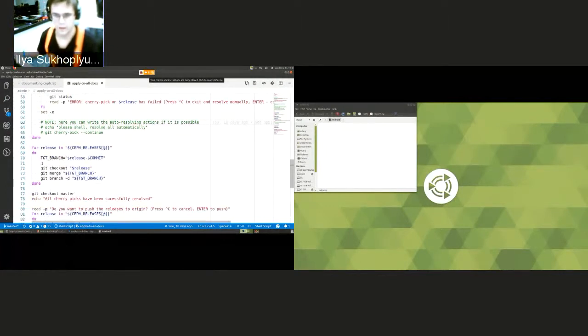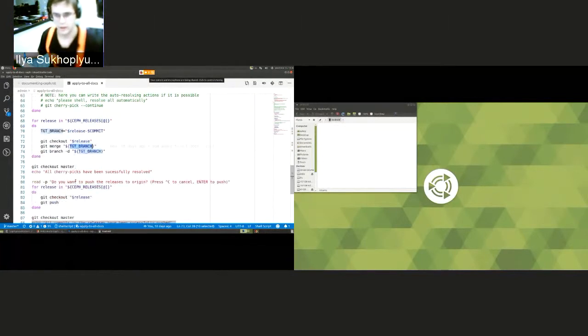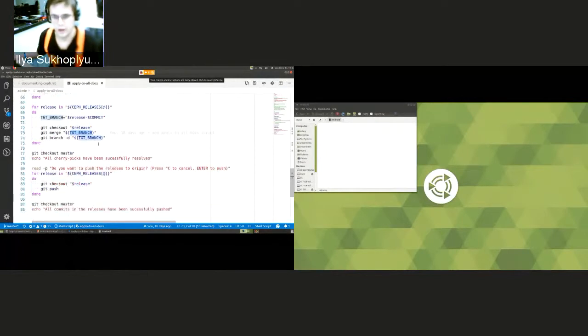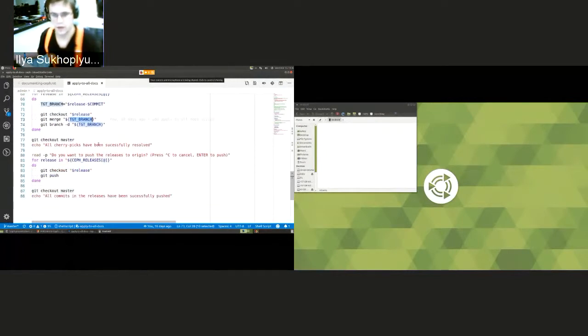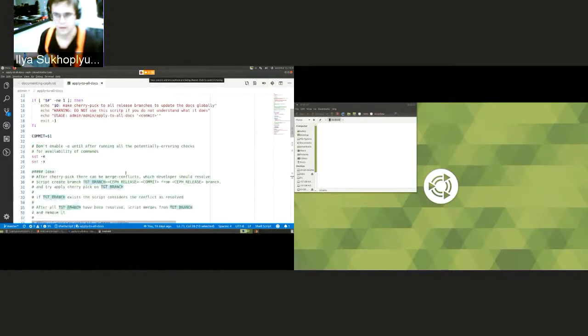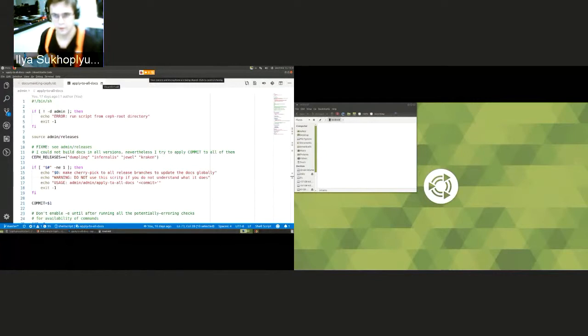After all conflicts are done, we just fast forward the branch name -commit to the release branch and remove the temporary branch. If something goes wrong, you just remove that release branch -commit from your repository. And for convenience, at the end, I put a loop to push all commits to the target repository, to not do it manually. So the next thing that I have to